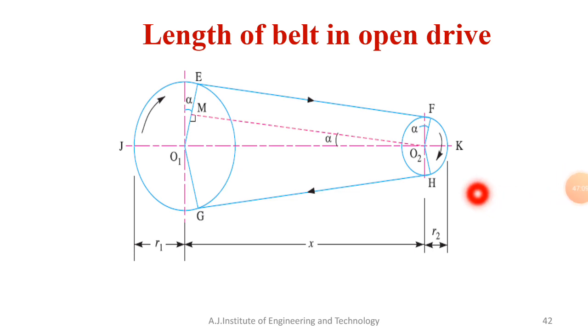Next, coming to the length of the belt in an open belt drive, we'll discuss that in the next class. We have to derive an expression for the total length of the belt in the case of an open belt drive. Similarly, in the case of a cross belt drive, we have to derive the length of the belt, so two expressions separately. I think we'll continue in the next class.